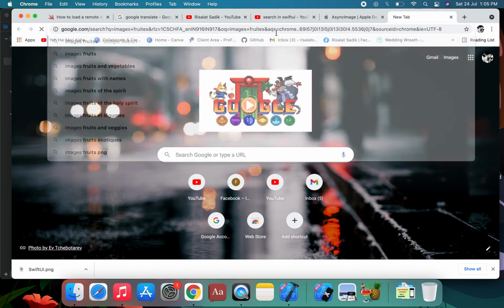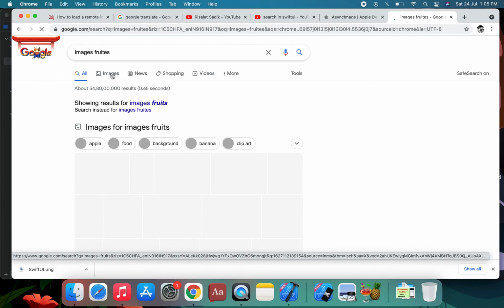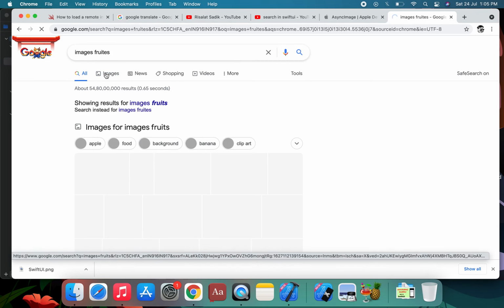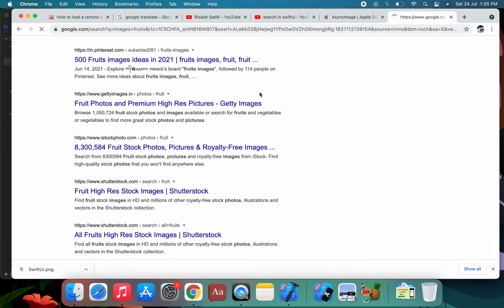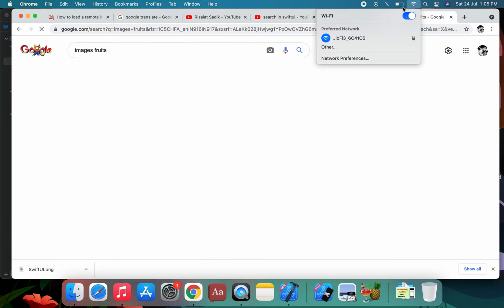We search for the image, Farooq's image. This is a slow internet connection in this UI.